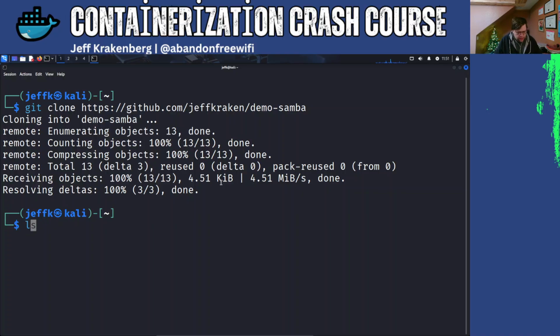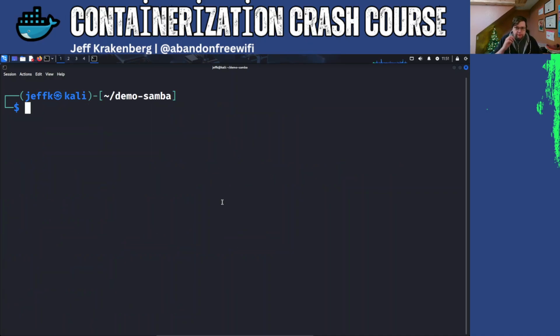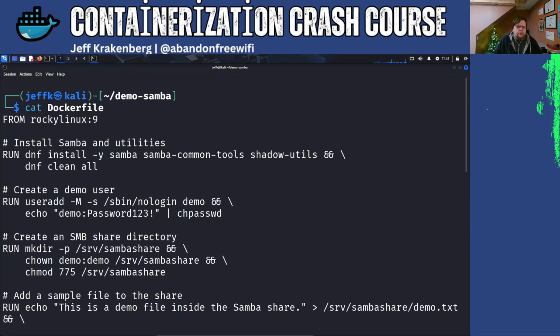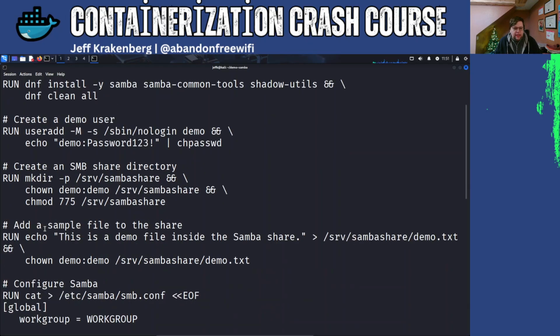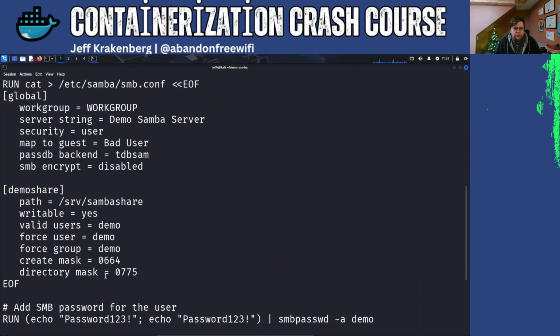Once you clone it, you then have it. So we can cd into those files, clear it out, and in here we have something that we should be familiar with after the last couple of videos. I do have a Dockerfile. There's a lot more in this one. It's going to use Rocky Linux 9. It's going to install Samba and utilities, create a user, create a Samba directory. It's going to add data into it, and it's going to configure it to run